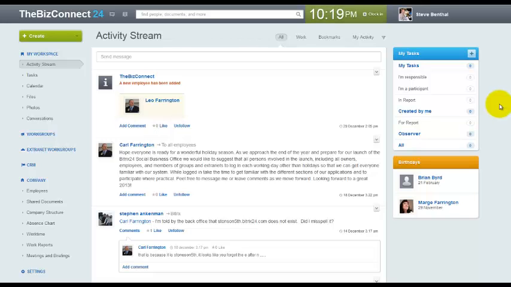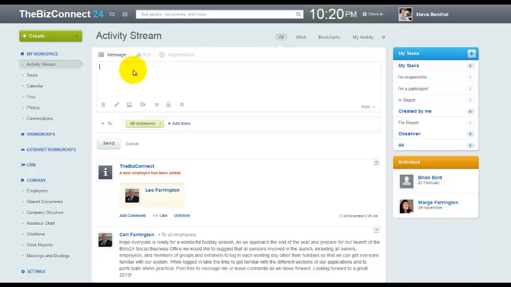Next, I'd like to show you how the messaging works in the activity stream. And you'll find that this is very similar to the way that status updates on the Facebook newsfeed would work, although you're going to see that this is much more full-featured. Start by clicking anywhere in the window area, and obviously we can type a message, but we've got a few other